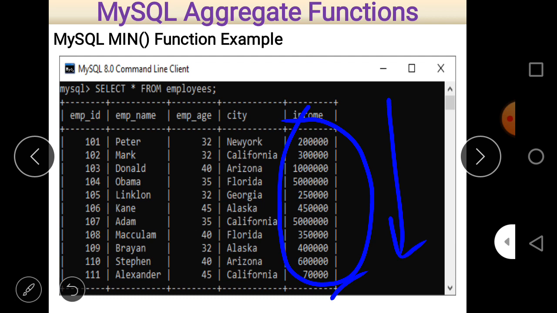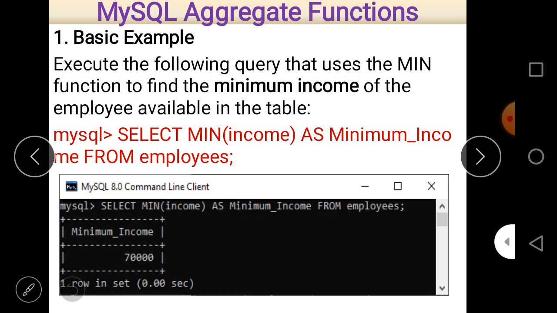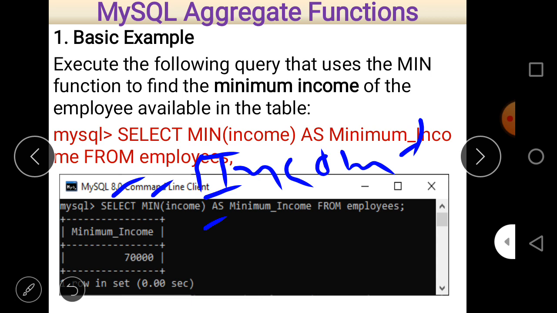But for this you have to write, first of all, select and the name of the function min, and since you have to find out the minimum income, just write the name of the column, income. You can easily see that income here, and then as gives you an alternative name, minimum income, so it is an alternative name. Basically it works as a column name. When you show the output here, you can easily see that